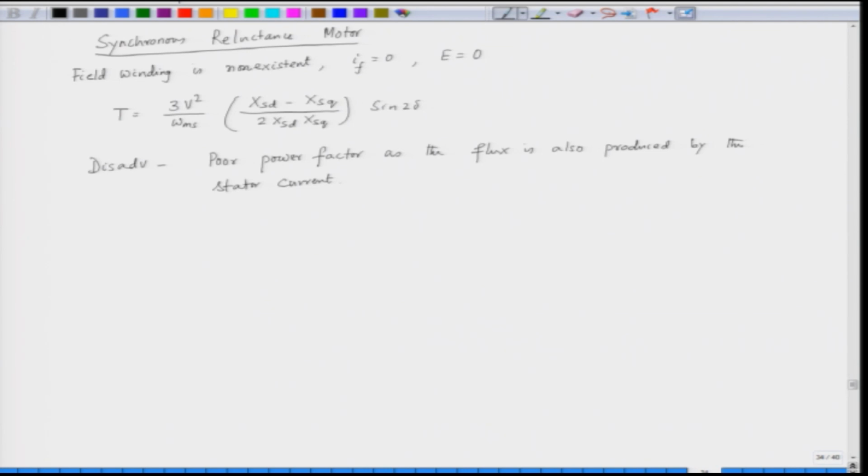So, we have discussed the basic equations of the synchronous motor, the cylindrical synchronous machine, and also the salient pole synchronous machine. Now, these are fed from a fixed frequency, fixed voltage supply. Now, what happens if we go for a variable voltage, variable frequency supply? We need to vary the speed. So, to vary the speed, we have to change the synchronous speed. So, to change the synchronous speed, we have to change the supply frequency. Let us discuss variable frequency or variable speed synchronous motor drive.